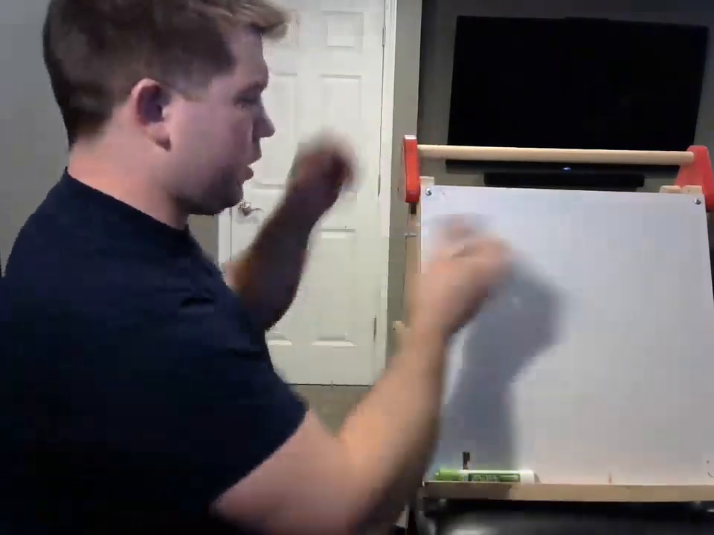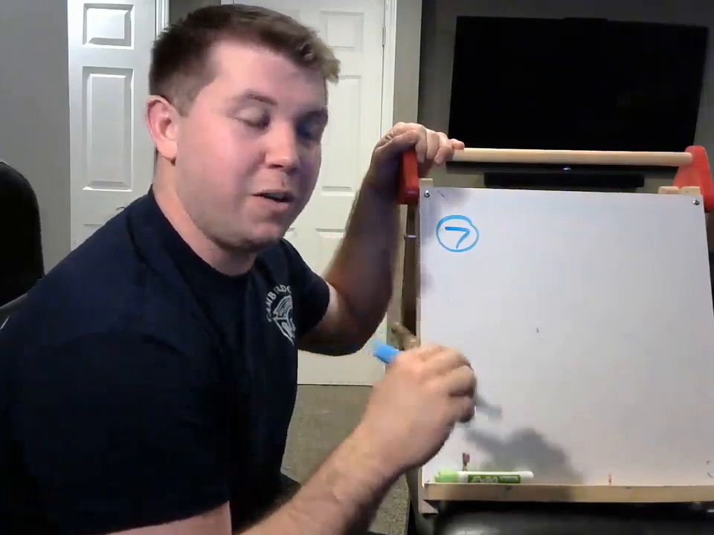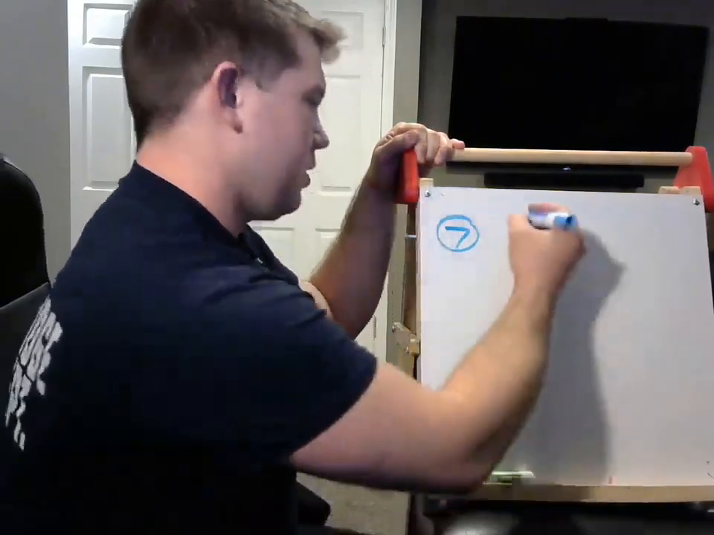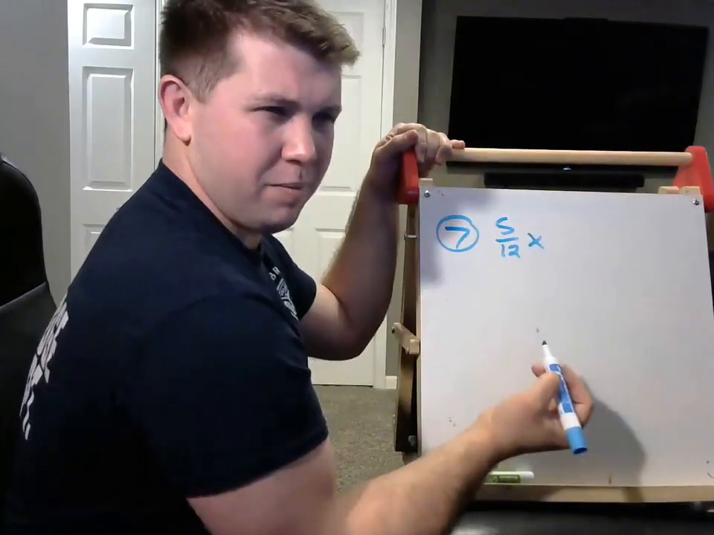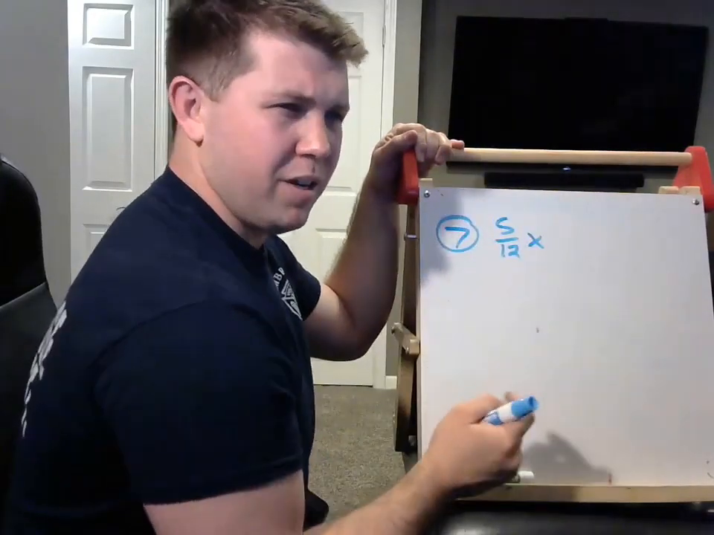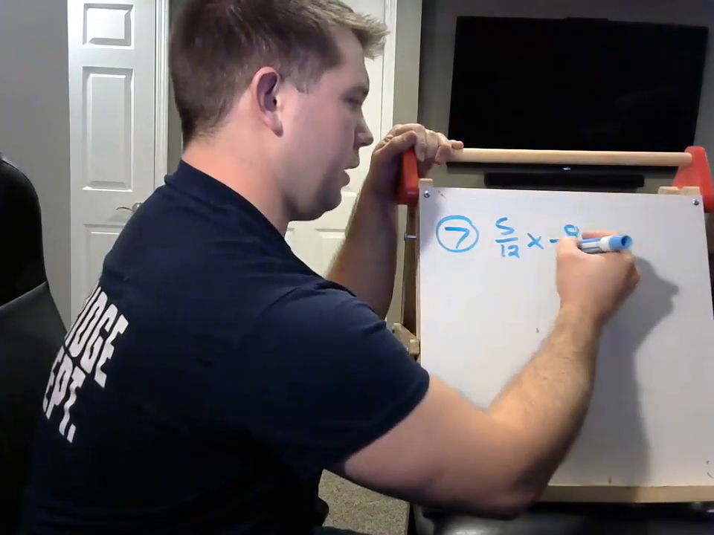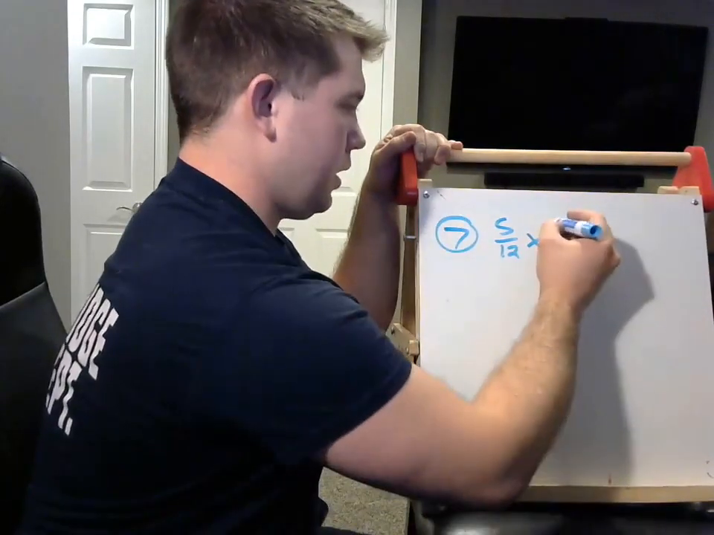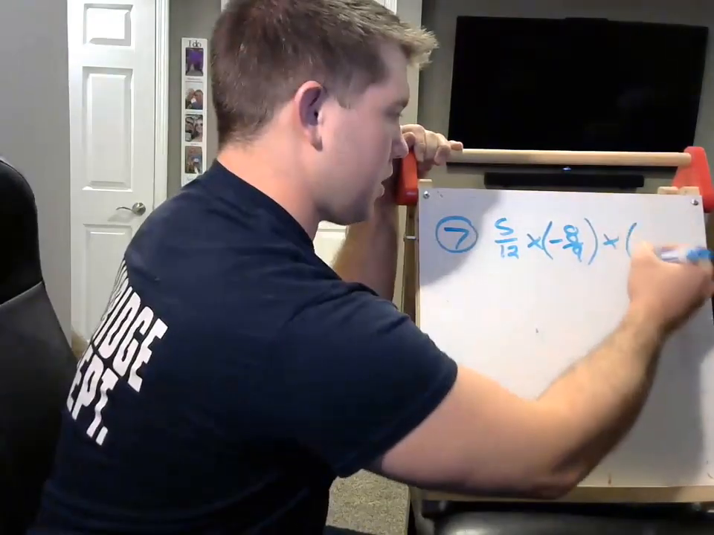Okay, so let's look at number 7. This one is very important because there's one very similar on your test. So 5/12 times, this is at the bottom of that page, by the way, 5/12 times -8/9. And I said that this wasn't going to be on your test, but it is, and I double checked, so it's definitely worth understanding. A